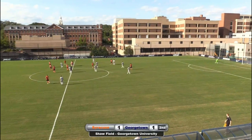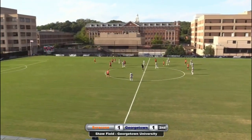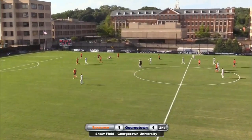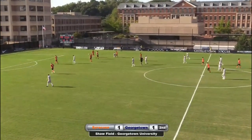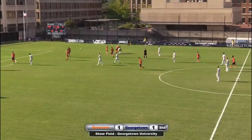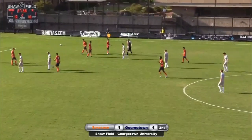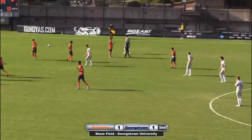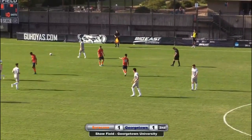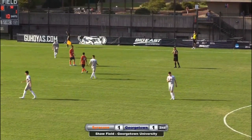And Dan, with Georgetown struggling a bit here in the second half, especially in their defensive third, I think at this time, as Beer is chopped down, Zawadzki has to find the ball to relieve some of that pressure. He's so good technically with the ball in space, but we virtually haven't called his name in the second half, and Georgetown not as fluid in their attack. So look for Zawadzki to get on the ball to help relieve some of the pressure that Georgetown's dealing with